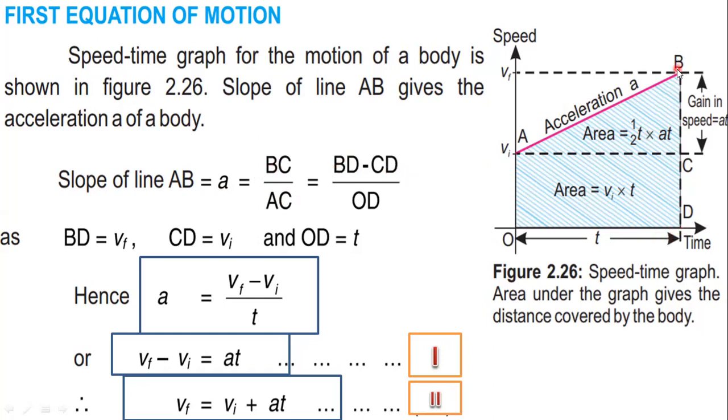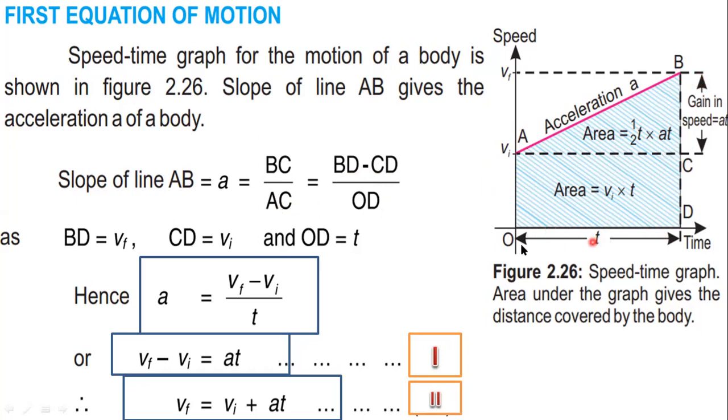Look at this. BD is, B is starting from here and D is its endpoint over here. This total line, we are looking for this line. So this is BD minus CD. So BD minus CD, divided by the length of this line, AC, and AC is also equivalent to this line. So these two lines are equal. So AC is this line and OD is this line. So I'm sure that you are getting this. BD minus CD is equal to BC, and AC is equal to OD.